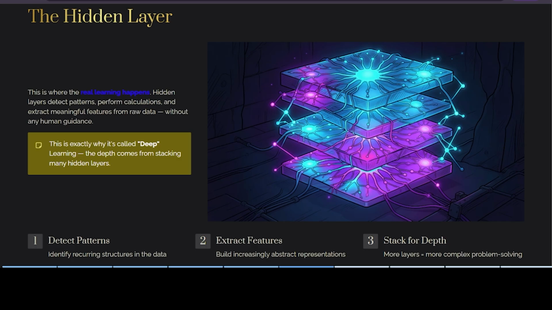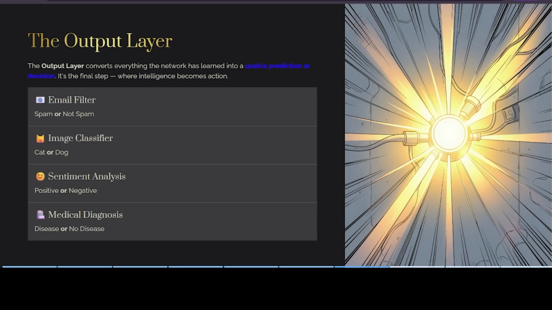Okay, and then we are going to see another one, the final layer, that is the output layer. This layer takes all the features extracted by the hidden layers and translates them into a final decision. Depending on the problem we are solving, that data will come from the output layer.